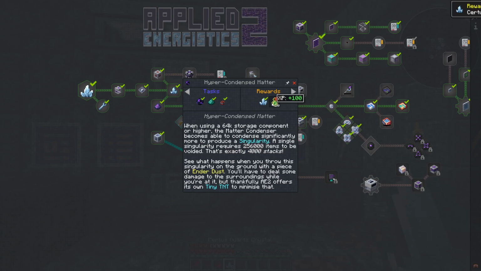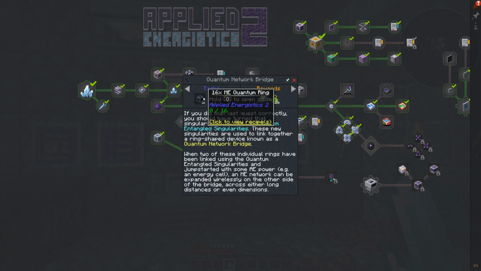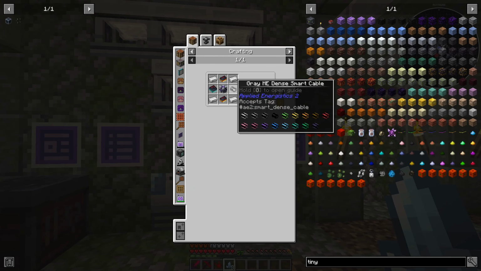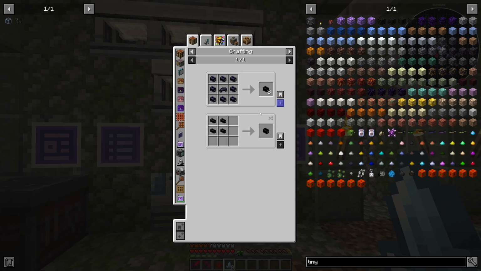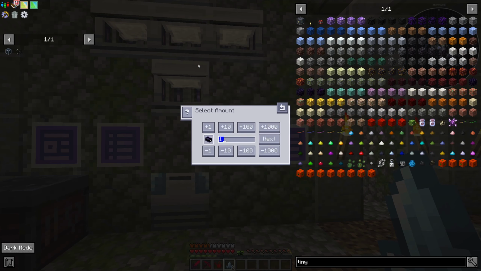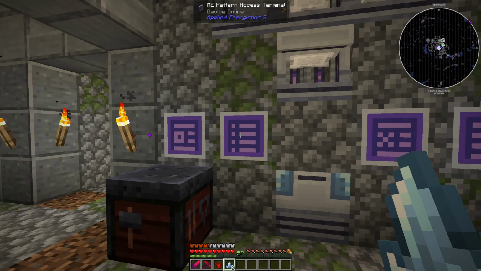So, now that that part is done, we do need something else. We need 2 more quantum link chambers. That's where the singularities go in. And we need 16 quantum ring parts. So, that is a pretty intense recipe, isn't it? Can I make more smart cable? No. Okay. I should probably